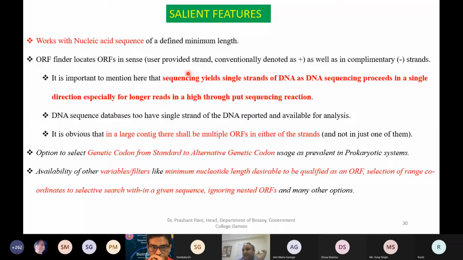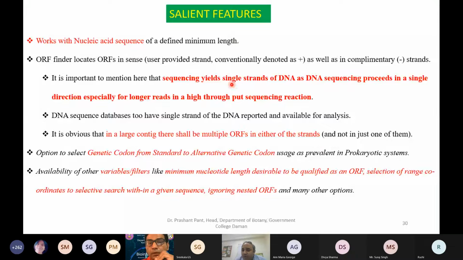But what happens is, when you're doing DNA sequencing, the sequencing reaction is such that it is always a single strand of DNA that you get as a result. Because DNA sequencing is not a two-sided reaction. It's a single direction reaction, especially when you're doing a high throughput reaction. So you don't get the complementary sequence, and you don't actually need it. You all know A pairs with T, G pairs with C. So you don't actually need the complementary strand.